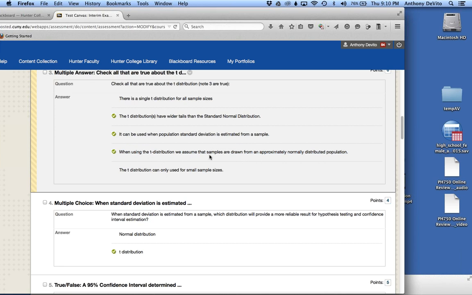When using the T distribution, we assume that samples are drawn from an approximately normally distributed population. Now, the key answer there,